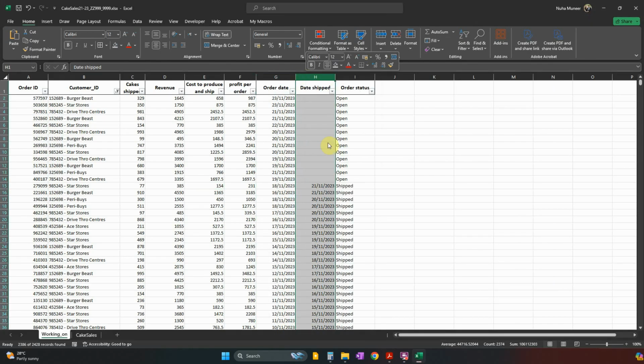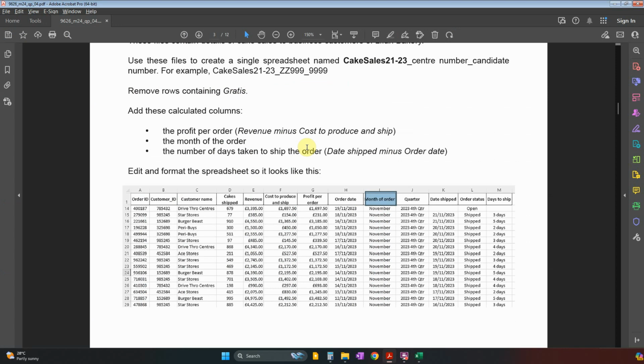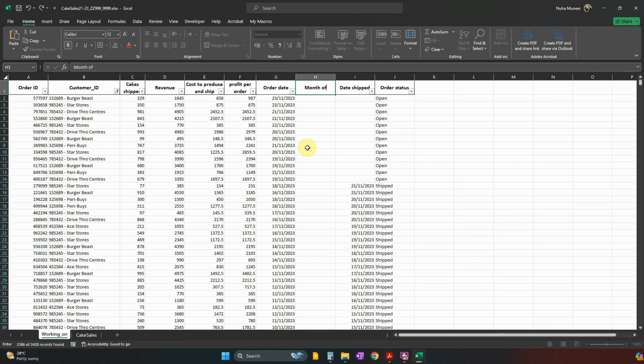So over here, right click, insert. Should be the month of the order. And it should get it from this order list. So we can use, for example, text. Okay, and I can use the value month or the text month to get it from here. And how I want to format it, I want it to be in full month format, which should be